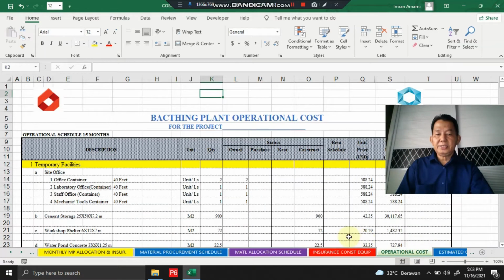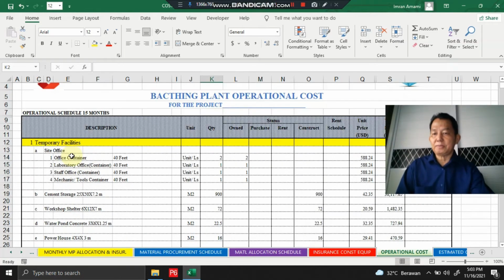Yes, this is the operational cost. Yes, we compose the detailed operational cost for the batching plant operation. Yeah, starting from temporary facility. So any construction for the temporary facility we should calculate here. Yes, starting from the site office, consisting of an office container 40 feet. Yes, and the laboratory office container 40 feet, staff office container 40 feet, quantity 2 units for the office container,